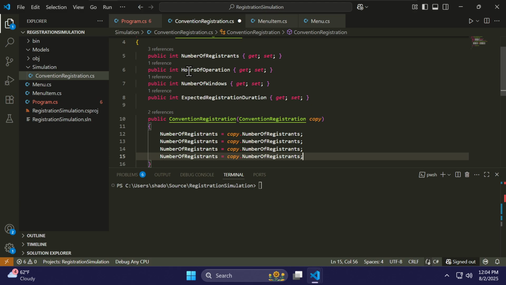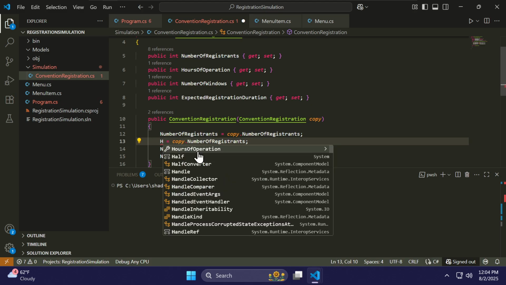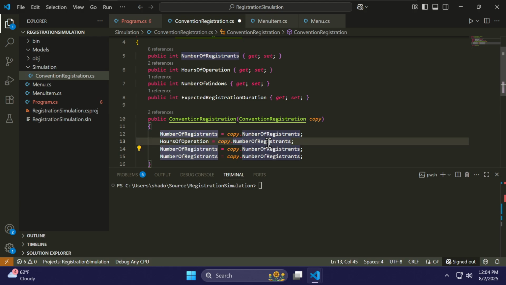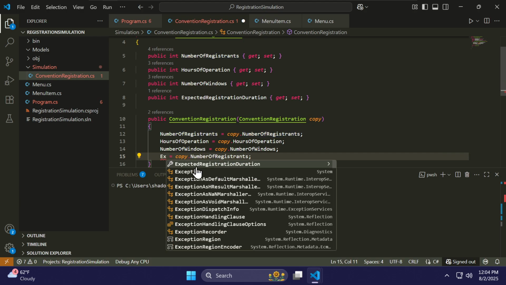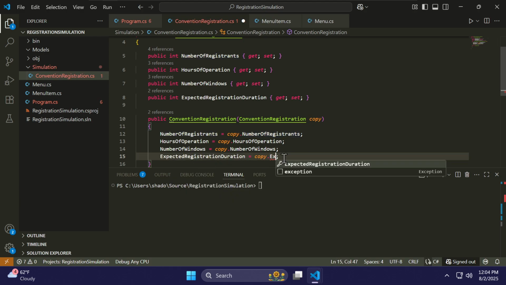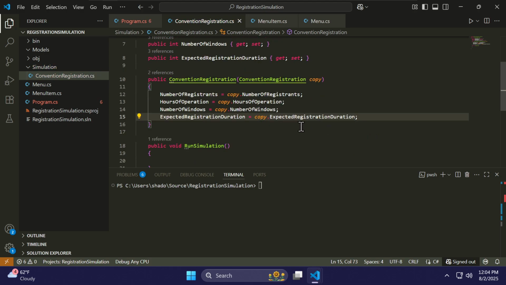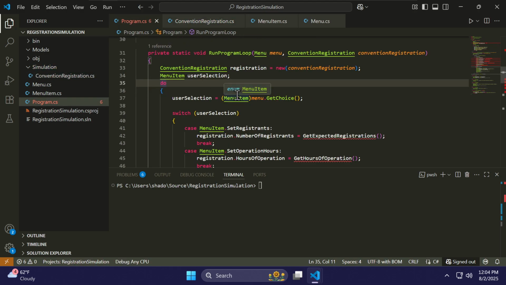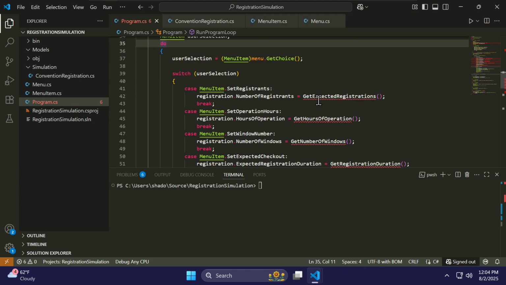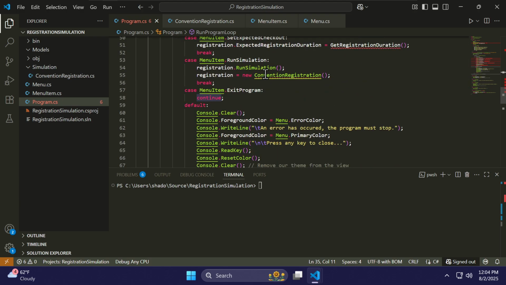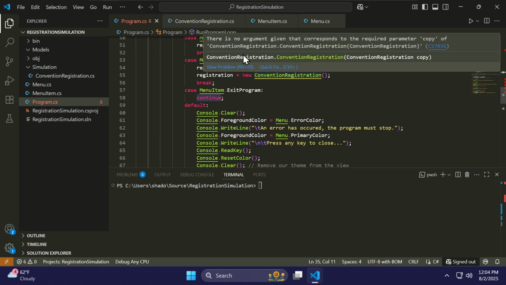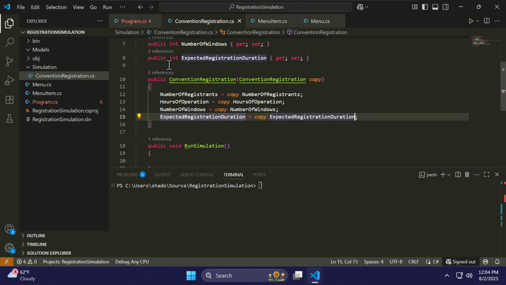One, two, three. There we go. Now we've got us a little copy constructor. Let's add these methods. Now we need, well,